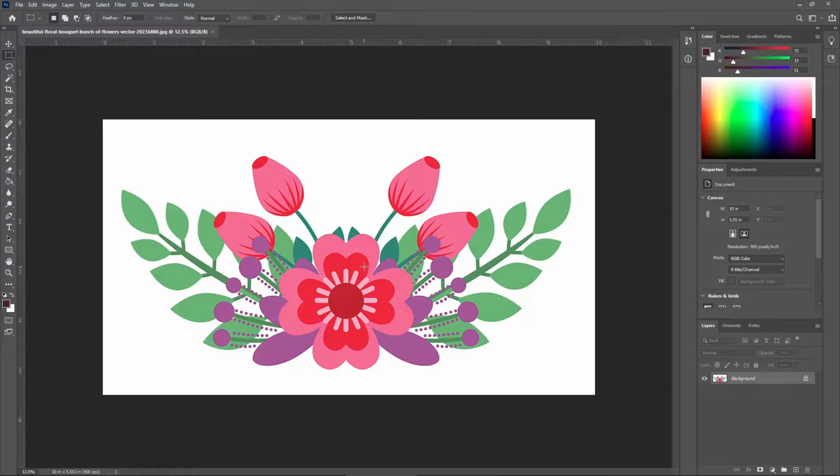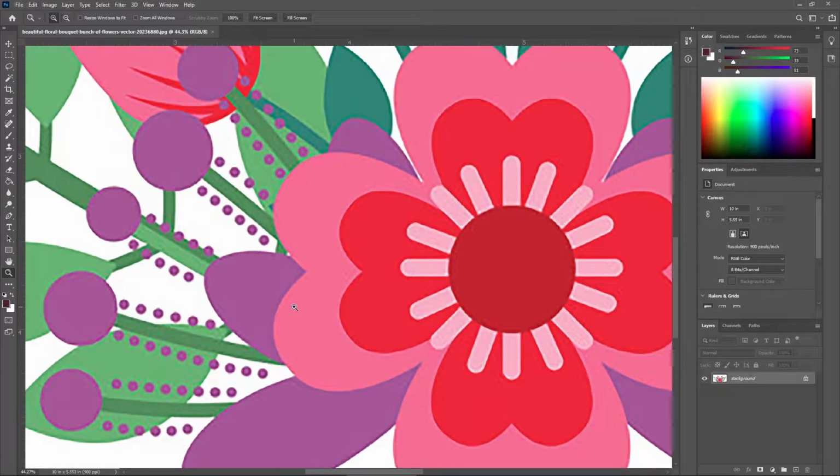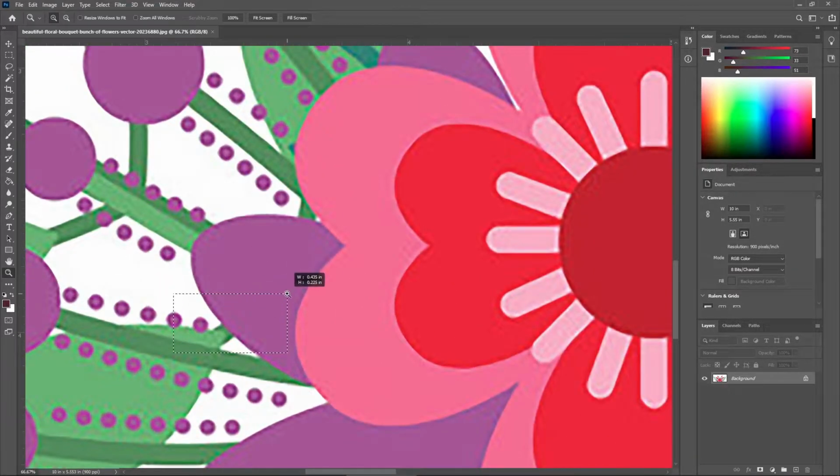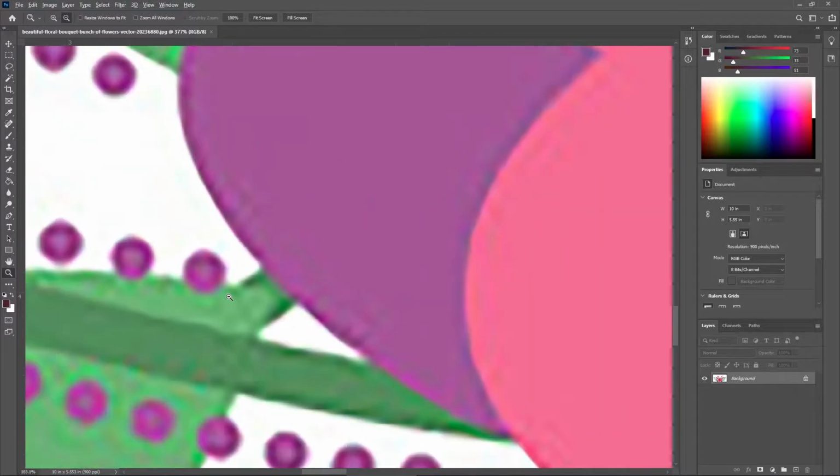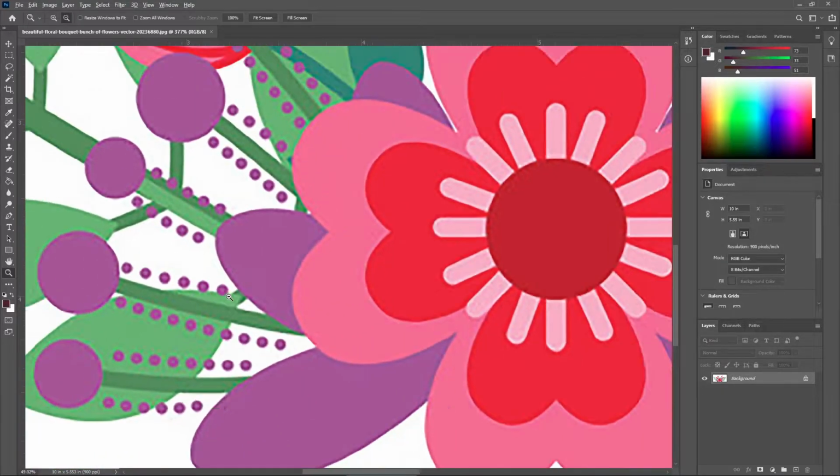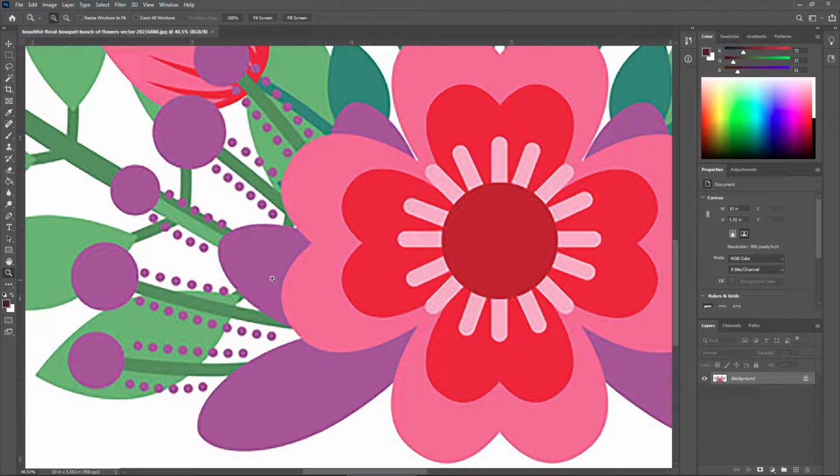But I can understand that in a POD setup, first of all, it's not possible. Second thing is that usually the brand owners have people at their disposal whom they can use, or they themselves are designers, so they can do a pretty good job of vectorizing a file. Nonetheless, this is the file. Now you can see how pixelated this file is. Obviously for embroidery this is not the right type of file.